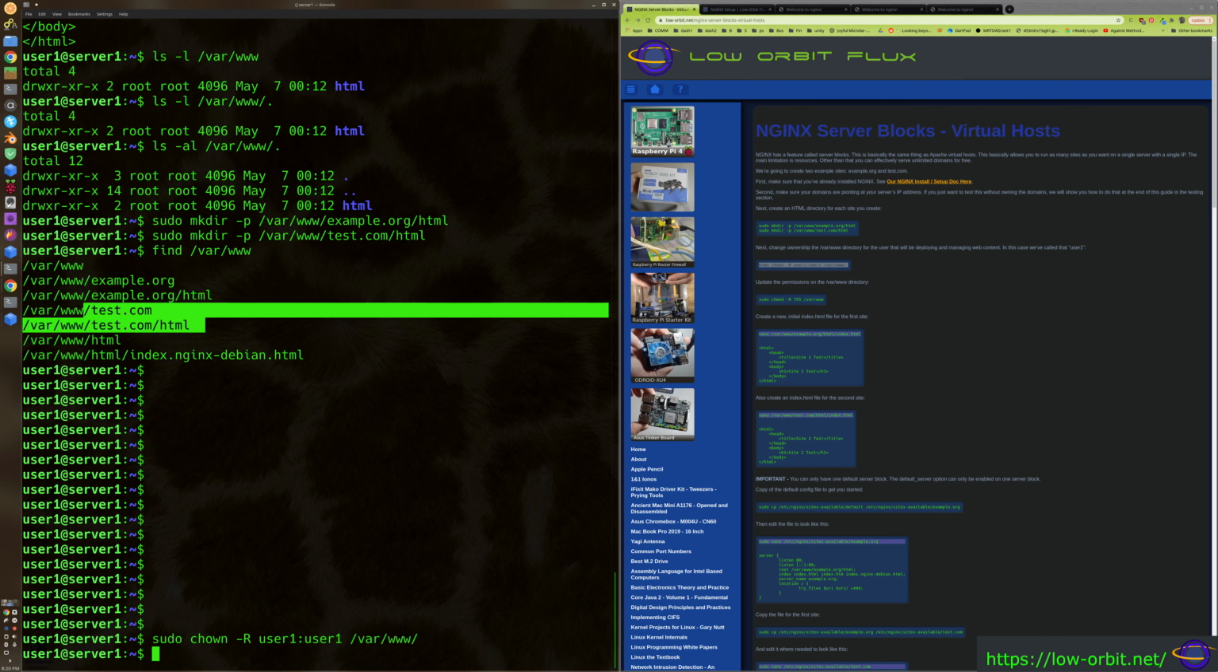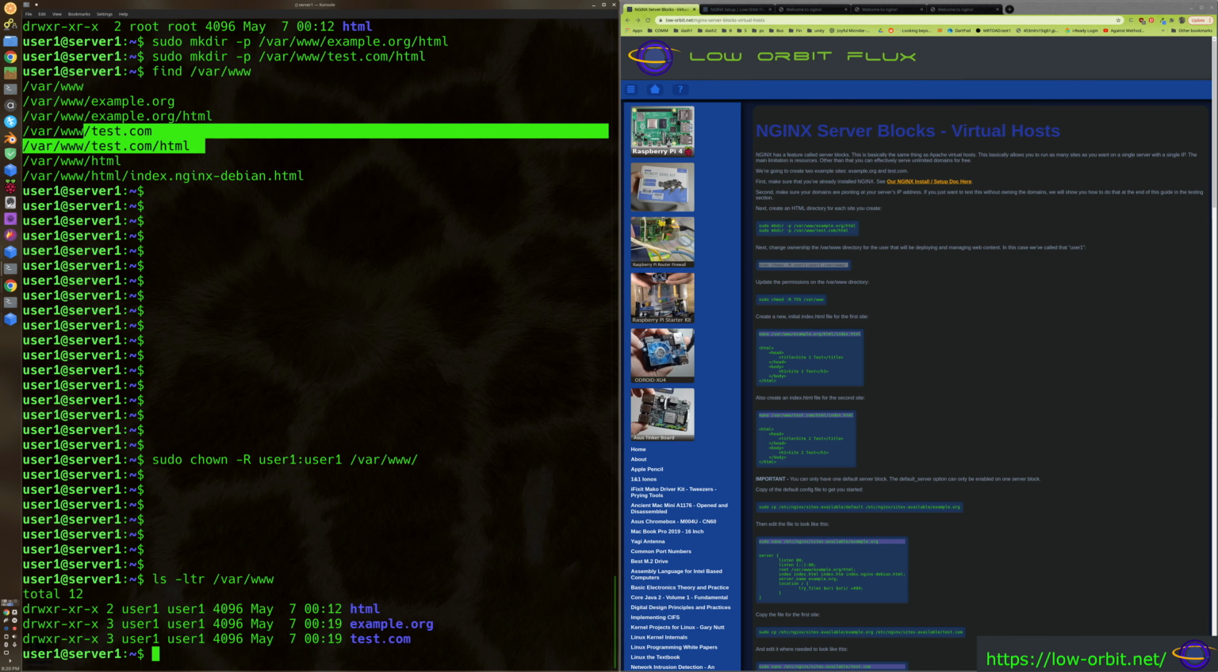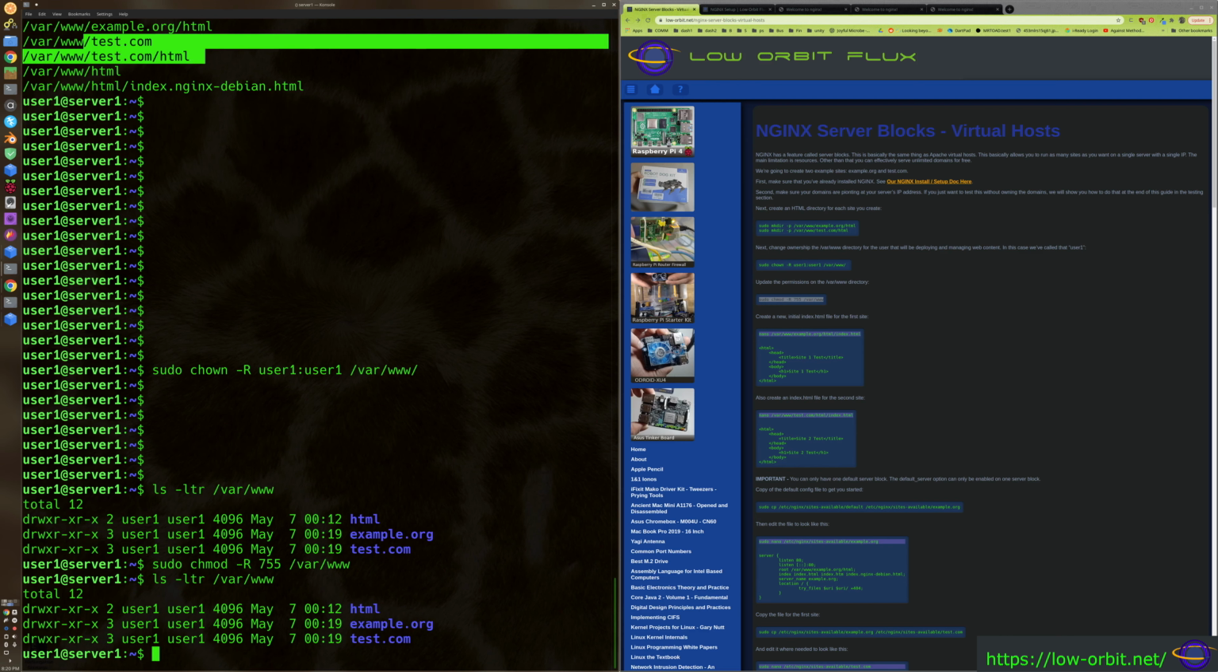And there we go. So there we go, all owned by user1 now. And let's see here. We're gonna chmod it. So we're gonna change the permissions on it too, just to make sure they're set up the way we like. And that should probably not change anything actually. Yeah, so anyways,